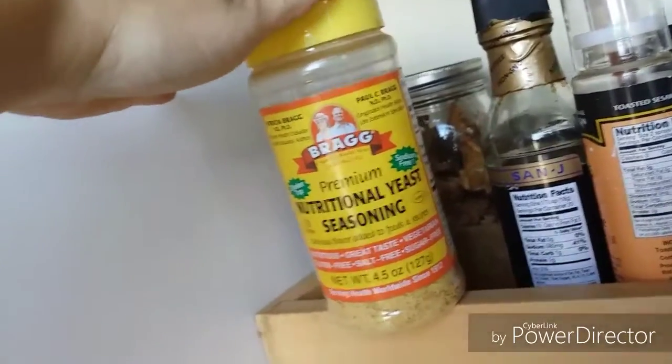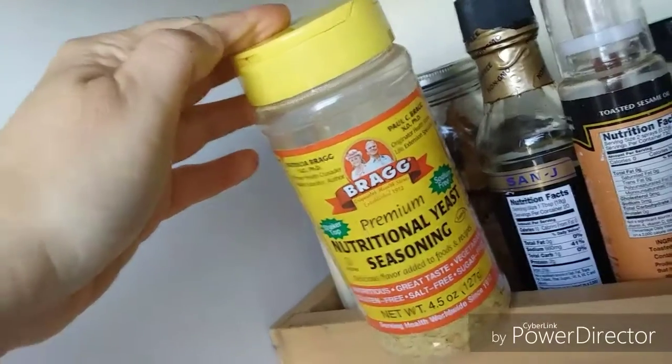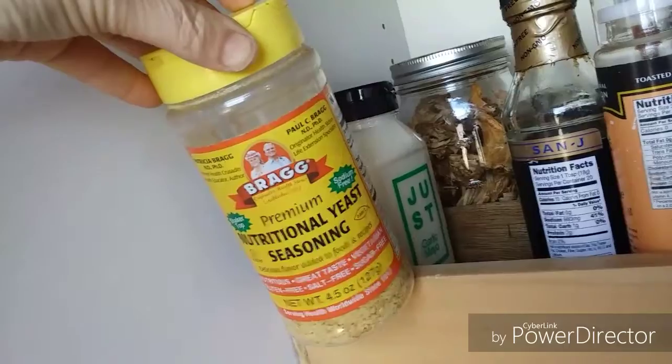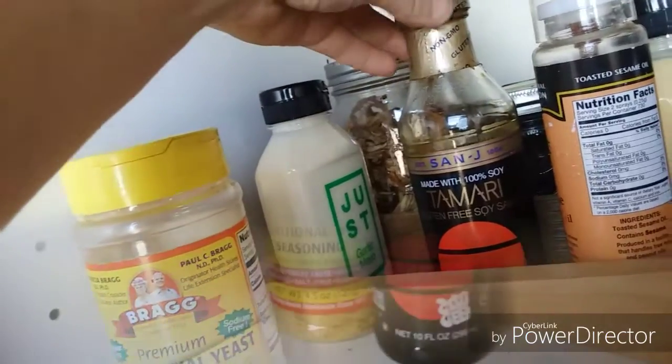Don't buy it in the shaker bottle, though, in this shaker thing. I got it one time in this just so I could have the container. And then now I buy it in bulk, and I just fill this up when it gets low. It's much less expensive that way, but it's really nice having the container for it. And the second indispensable item in my pantry is...